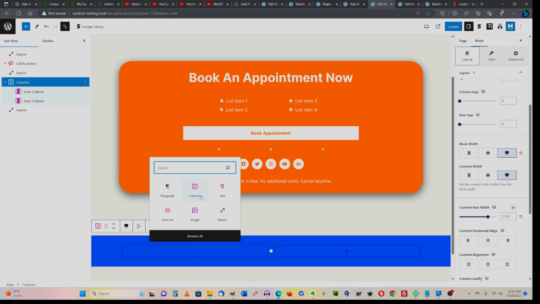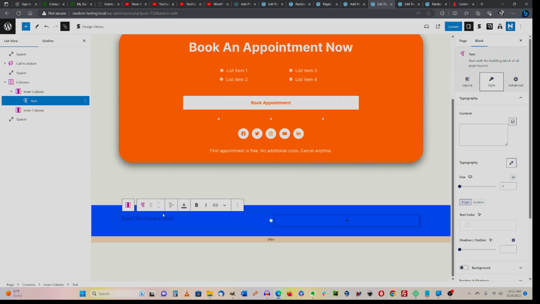Let's get real creative. How about title for this call to action block? Great. We're going to go over here to the right, text color,